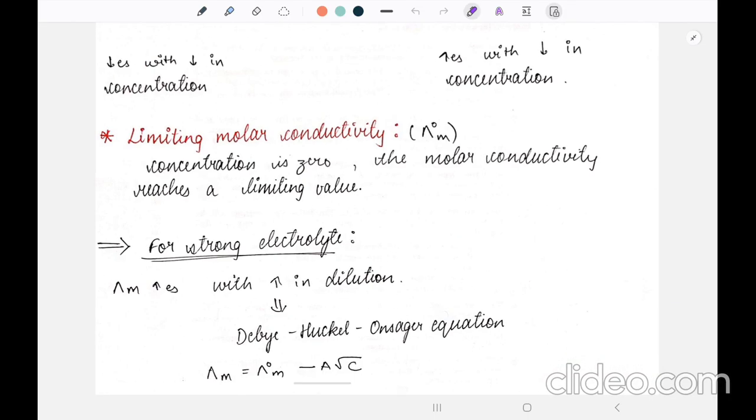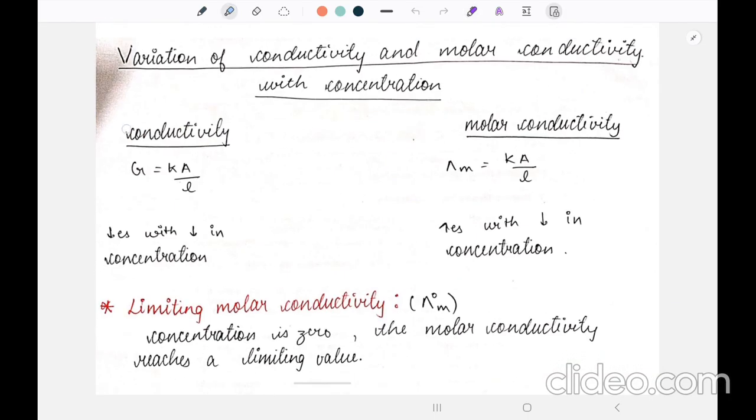Now we'll be studying about the variation of conductivity and molar conductivity with respect to concentration. So the conductivity of a solution is the conductance of a unit volume of the solution kept between two platinum electrodes with unit area of cross section and separated by a unit length. It is represented by the following formula. So it always reduces with reduce in the concentration of both the strong and weak electrolytes. This is due to the fact that the number of ions that carry the current in a unit volume of